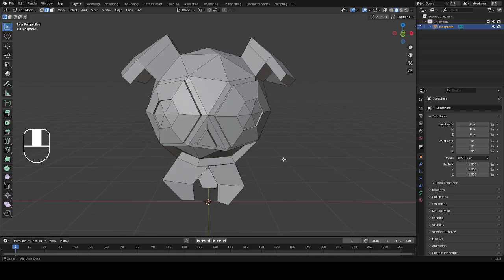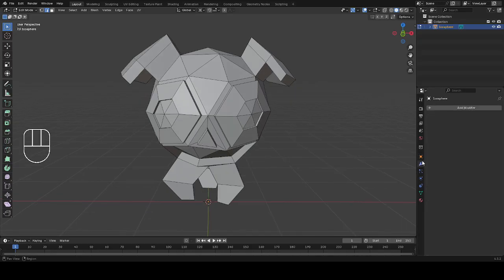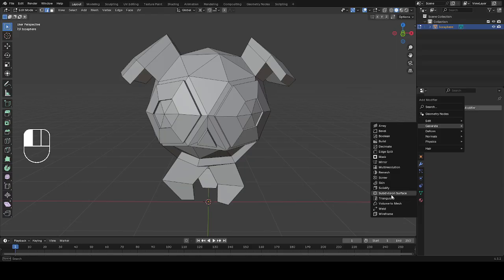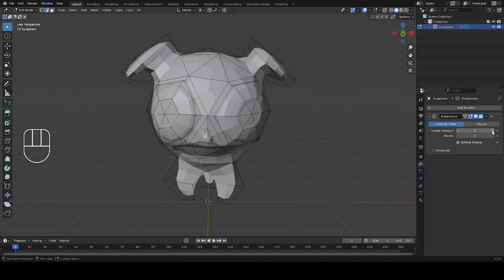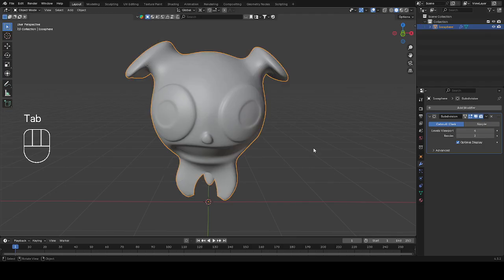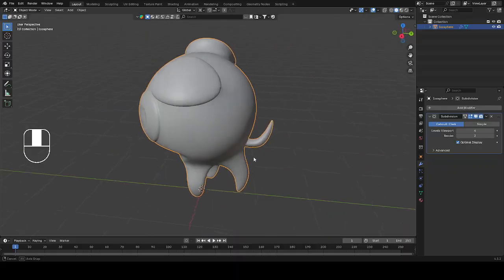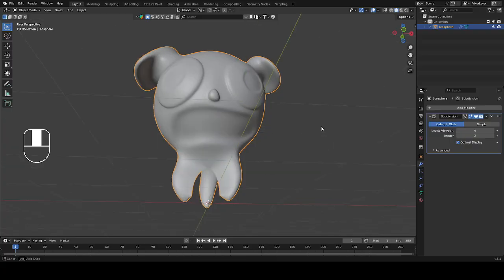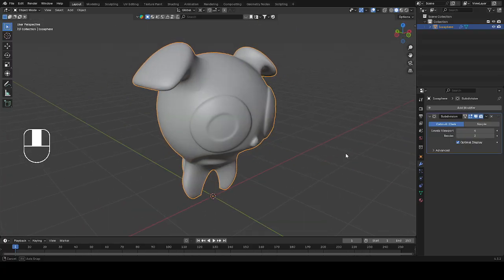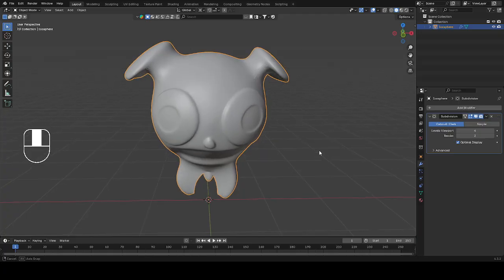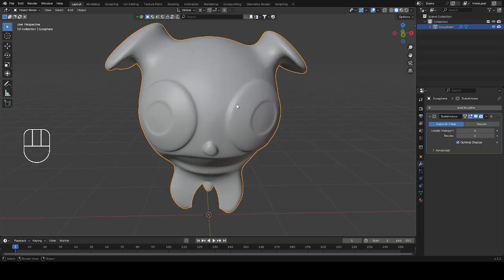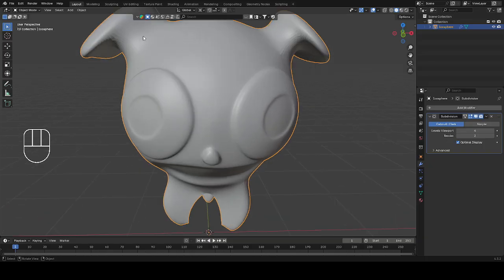Now we could take and go in, add a modifier to make him a smooth geometrical puppy. And then he'll end up looking like this. Which is also really cute. But you see how many lines it puts in here? That makes it seriously hard to even